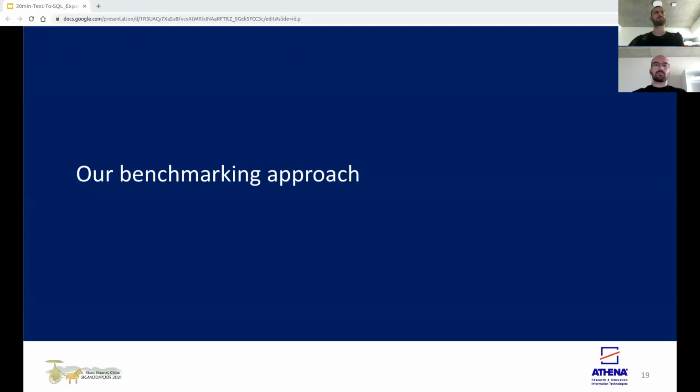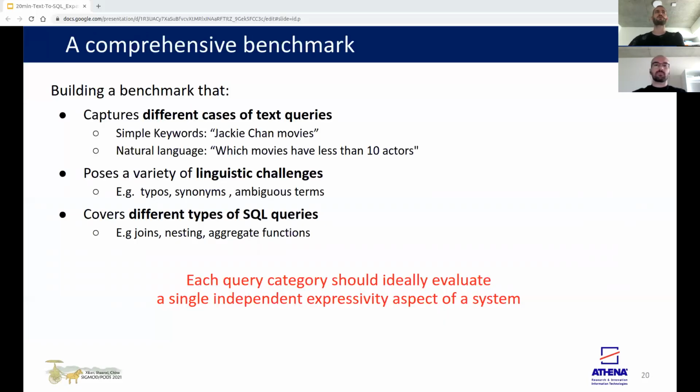Now we will present our benchmarking approach. Our goal was to build a single benchmark that we can use to evaluate all our systems. Therefore, it should capture different cases of text queries, such as keyword and natural language. It must also have queries that cover both linguistic and technical challenges. To enable a fine-grained comparison, we have grouped the queries into categories, where each category evaluates a single independent expressivity